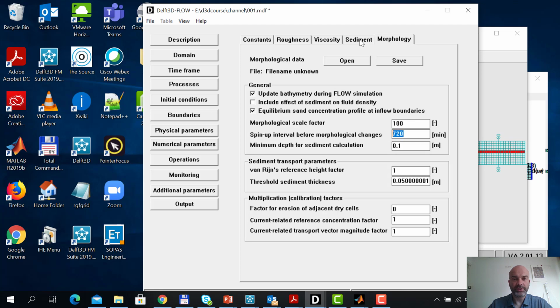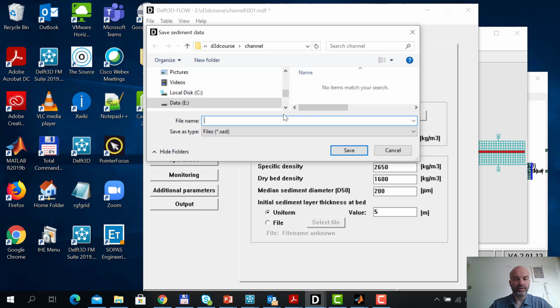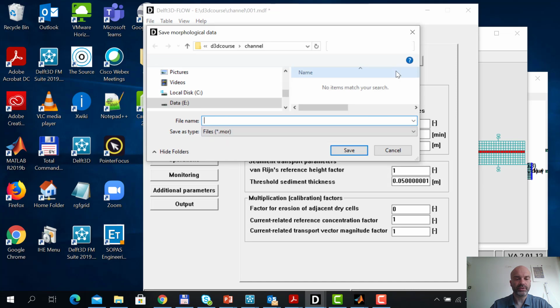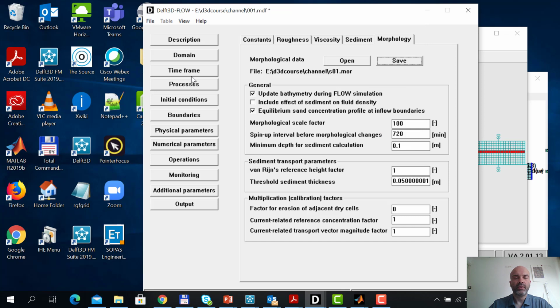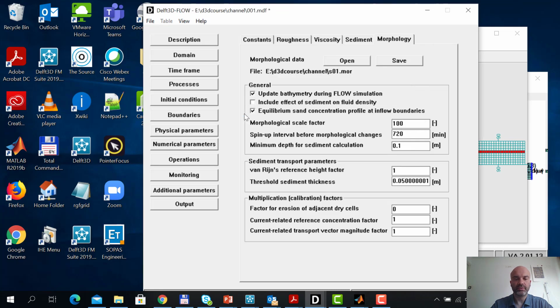With sediment and morphology, we have to save these files. I call it SO1, sediment and morphology also SO1. I'm going to save other options. I save all files with the SO1 abbreviation